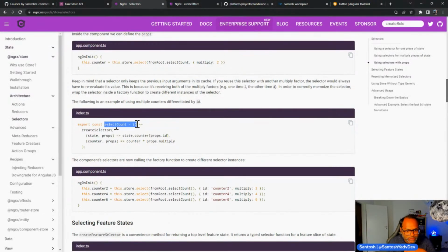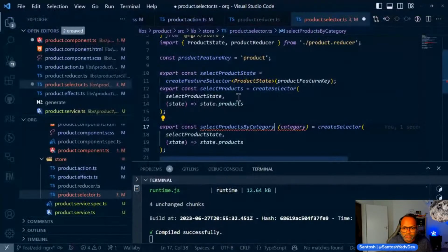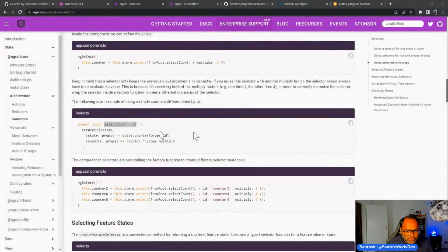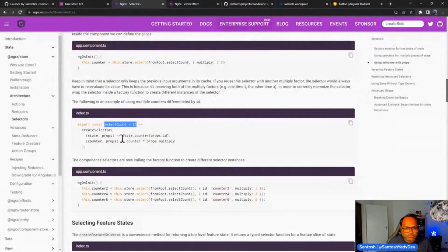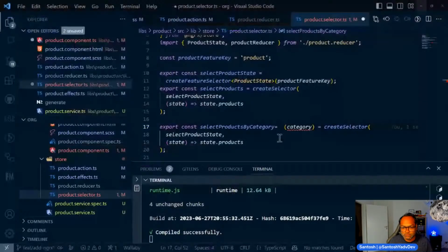Okay, this is how it looks like. Select count and then equals to, and why is it an error? Because of the wrong syntax. Yes, so it says I should have an arrow function and then